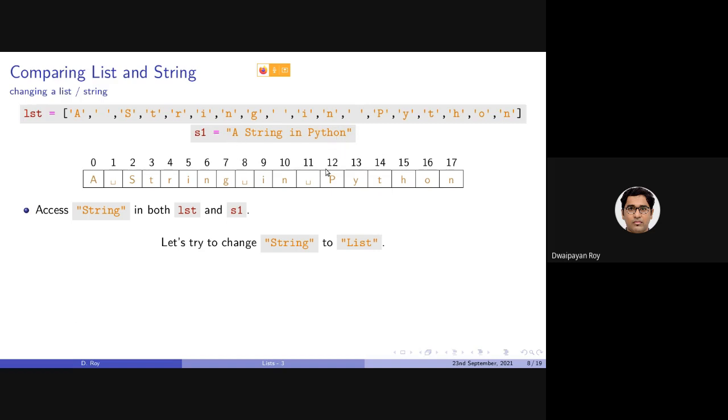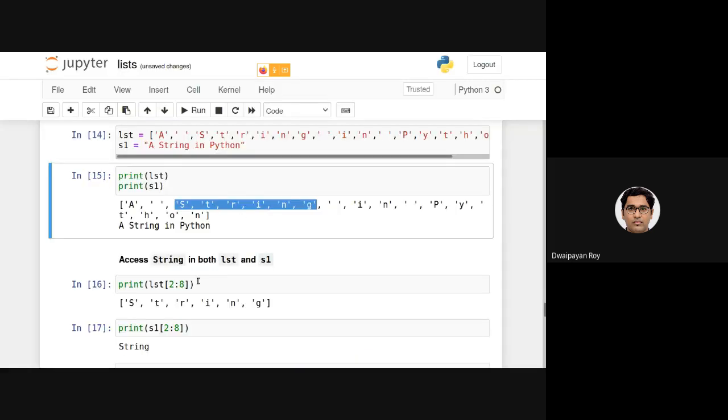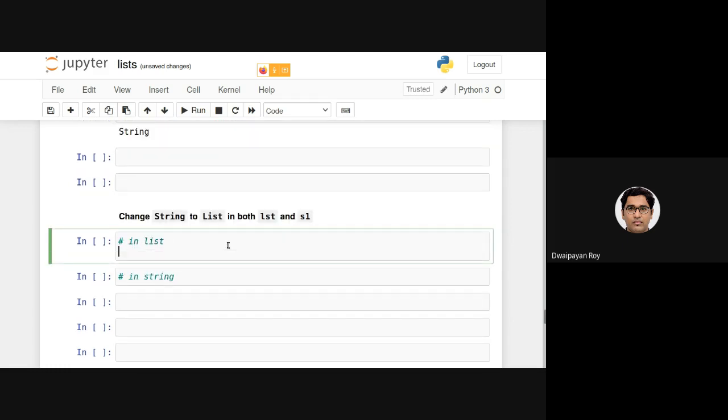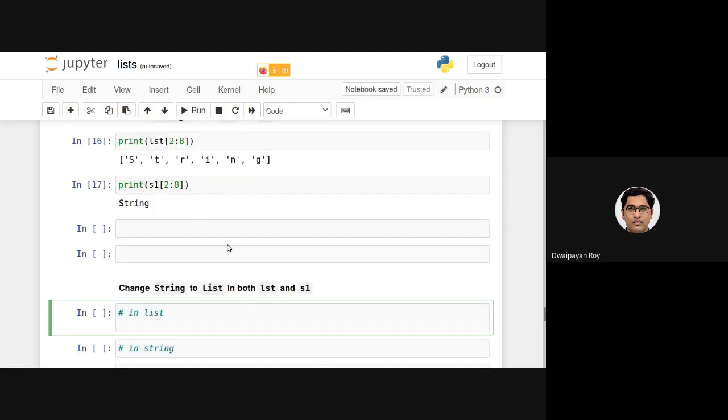So let's do both, in LST as well as in S1. In the list, we can simply use the slicing operator in the similar way that we have done earlier. So LST 2:8. 2 to 8 is containing this.